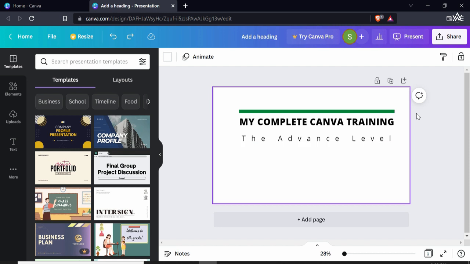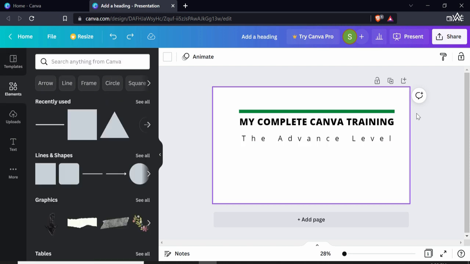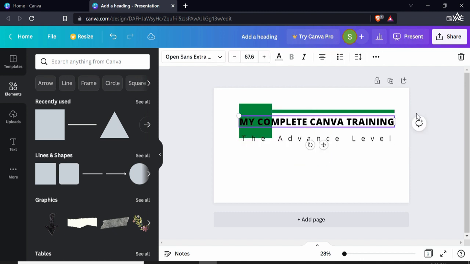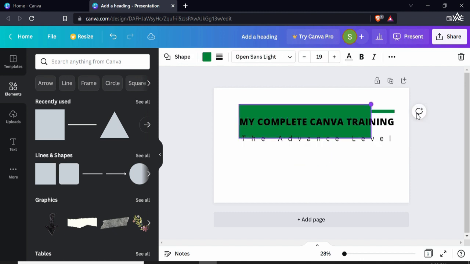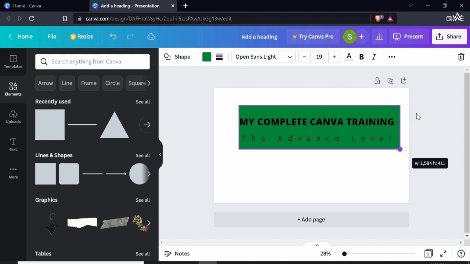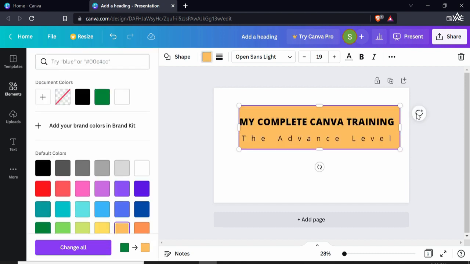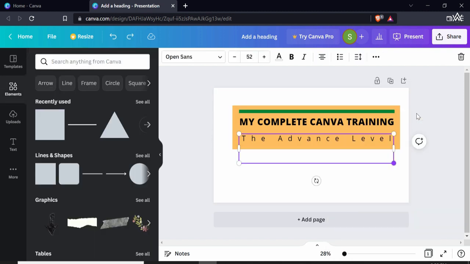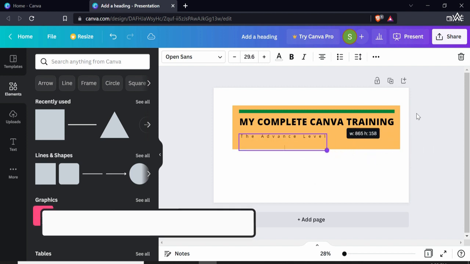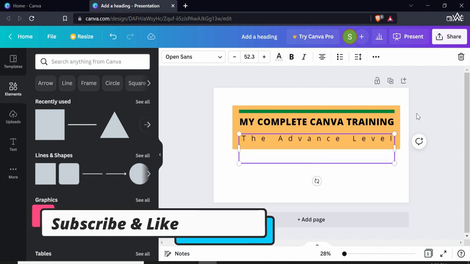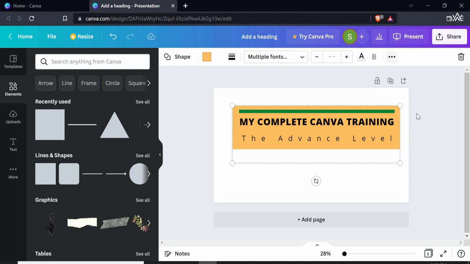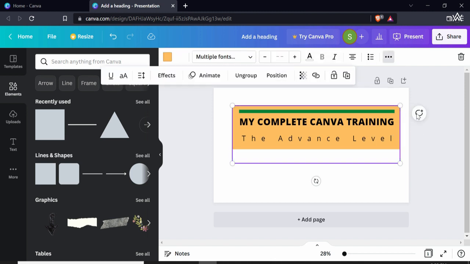Now one other benefit of this is, for example, let's add a shape, for example this one, and if I have a shape in the background just like this, let me format it to any other color, let's say this one, and let's send it to the background. Now what we need to do is keep this box inside the group. That is important. If it's not showing inside the group, first of all we will ungroup that,